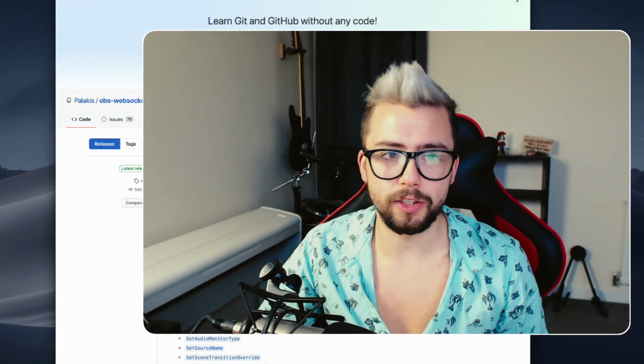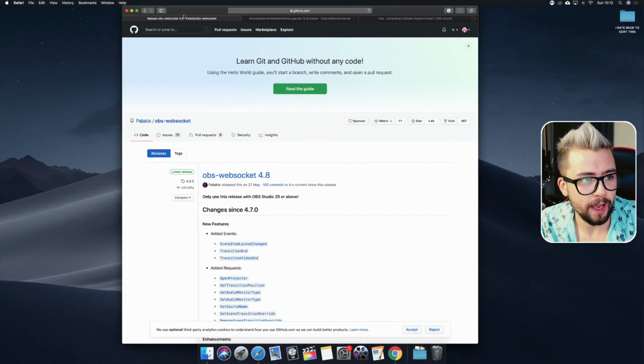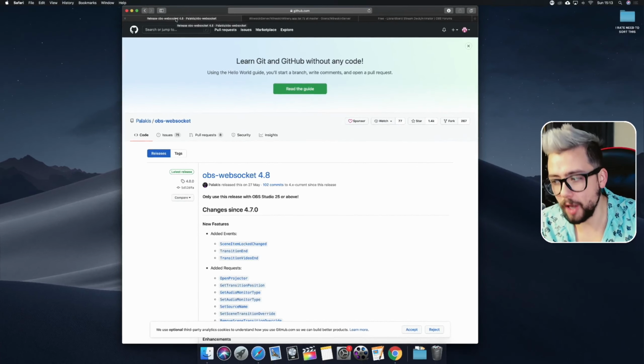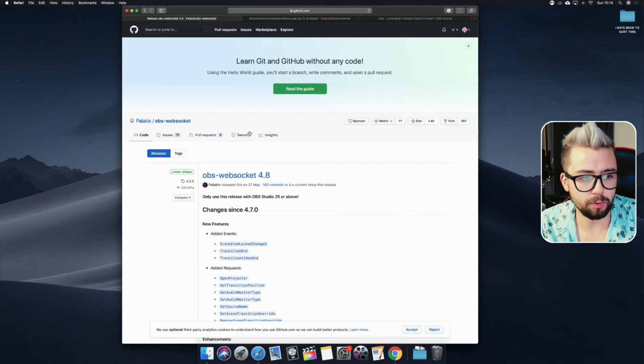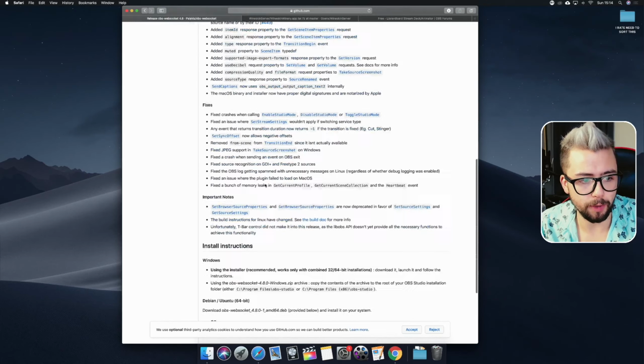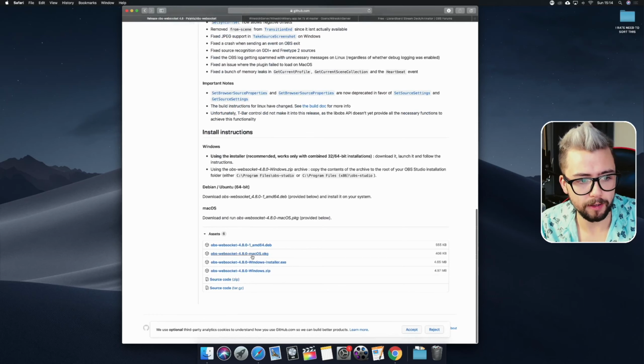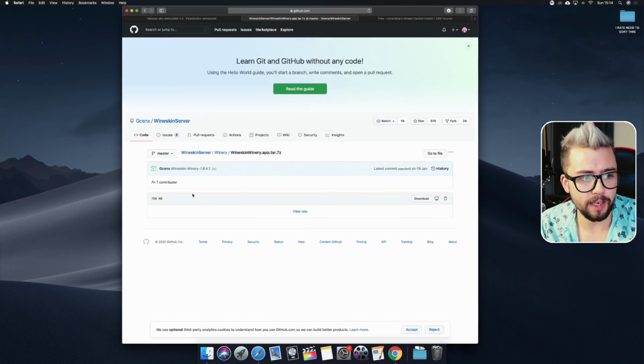We need to get a couple of things installed, okay? So jumping into the Mac right here, we need to install, obviously, OBS, so make sure you've got OBS all downloaded and installed as well. We need to get OBS WebSocket, so scroll all the way down to the bottom on here. You'll see the Mac download just there. Download that. We also need to get the Wineskin